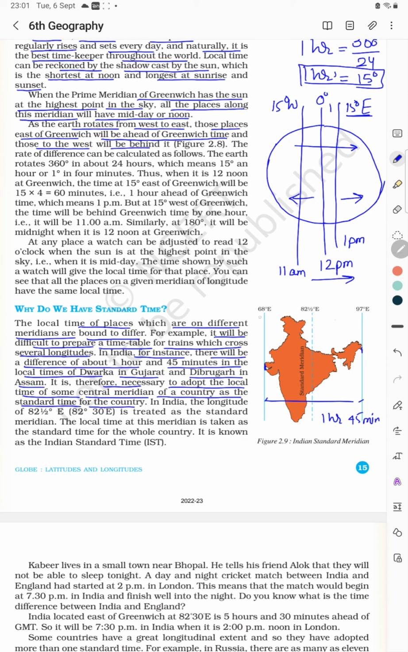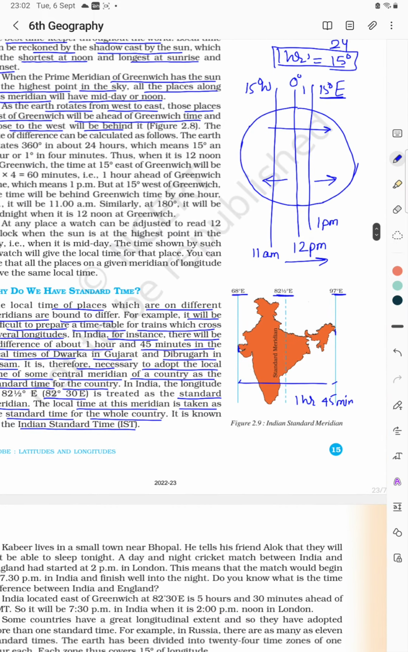Our longitudinal extent is from 68 degree east to 97 degree east. So we have adopted a mid meridian which is 82.5 degree east as the standard meridian for India. So according to this, we are 82 degree and 30 minutes east. This is a standard meridian for time calculation. So the local time at this meridian is taken as standard time for the whole country. So this is known as Indian Standard Time. Okay,